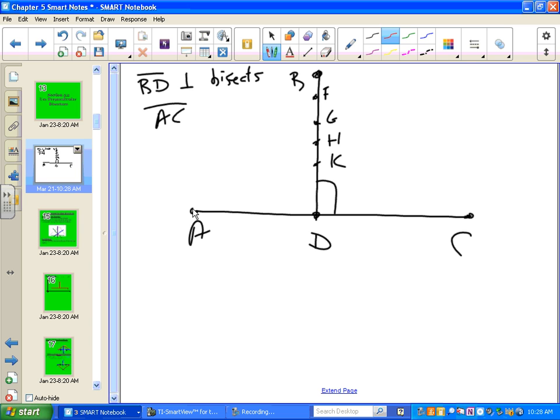So give me the line segments that would be equidistant, even though they aren't up here. All right, AF and CF are equidistant. Tyler, what else is going to be equidistant? AG and GC, very good. These segments here are also equidistant. What else is equidistant? Edmund? AH, HC, then KA, KC, BA, BC, DA, DC. And however many points I want to put up there, they're all going to be equidistant to the 2 endpoints,